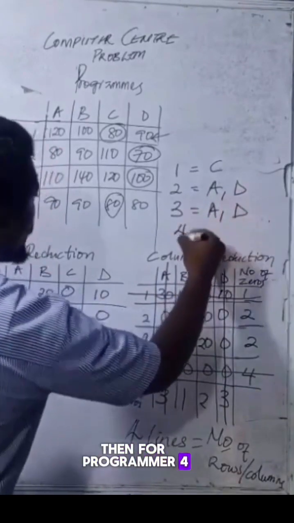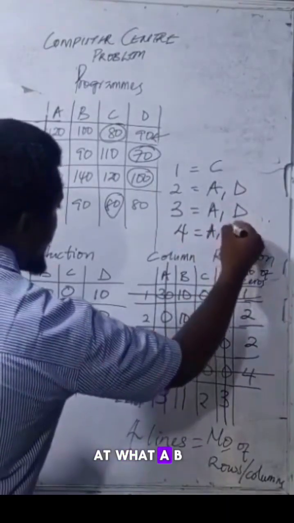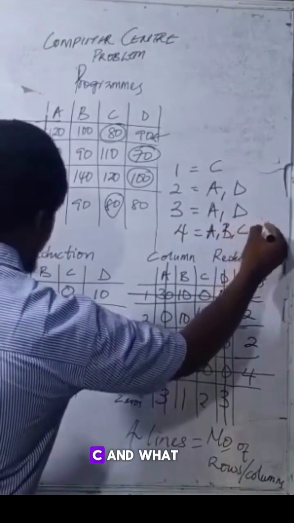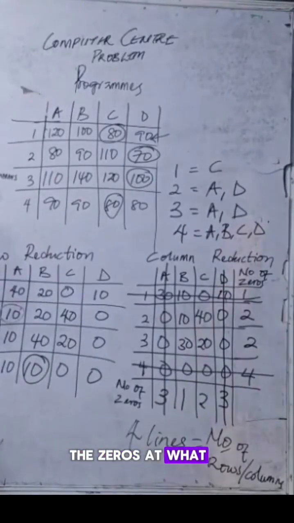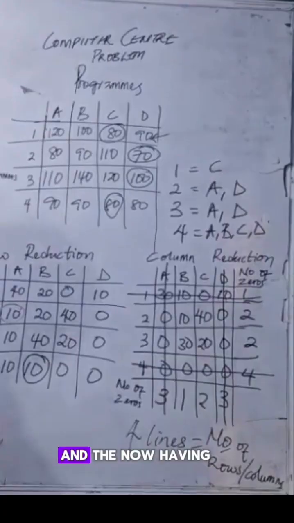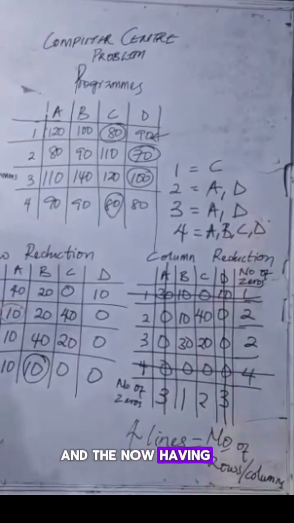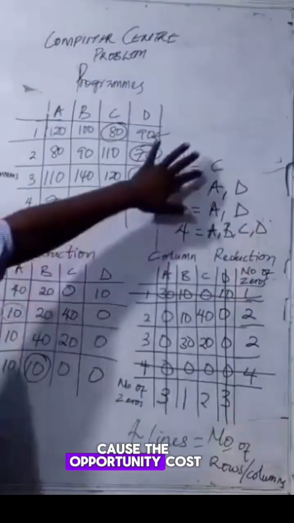Then for programmer 4, where do we have the zeros? We have the zeros at A, B, C, and D. Now, having said this, all we now need to do is to ask ourselves, because the opportunity cost